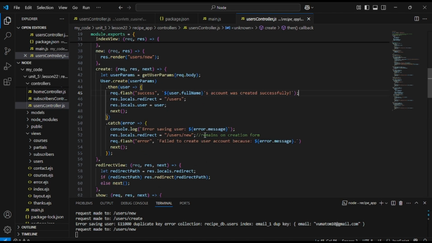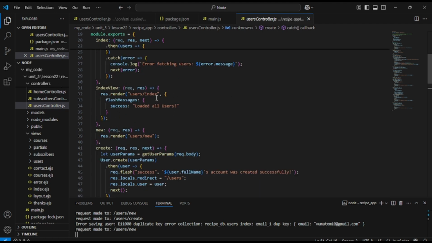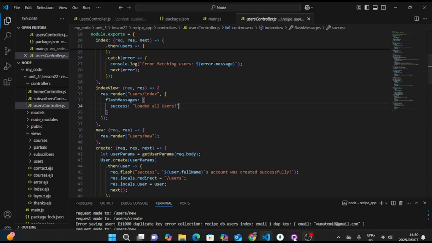But let's say you don't create an account successfully and you get an error. This flash message pops up over here. In this catch block, we've placed it, and it says failed to create user account because of a specific error that was there. But also here, when an account is created successfully, it's rendered to the index page, which is the user's index page, and then it shows this flash message, loaded all users. So let's see how that looks